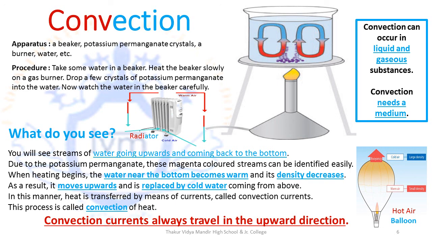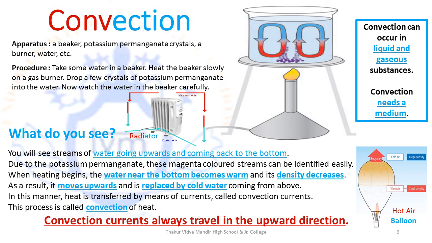Now once it reaches up, it is away from the heat, so it will cool down and it becomes heavier once it cools down. Now it will come back down. Then again, since it's down, it is closer to the fire or to the heat source. It will become lighter and warmer, it will rise up, then it will become cooler at the top and it will come down again. So it's basically a cyclic process of heat transfer. A simple way to observe convection is through the experiment that I'll mention now.